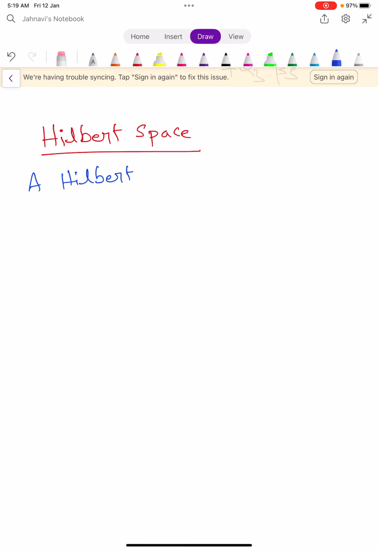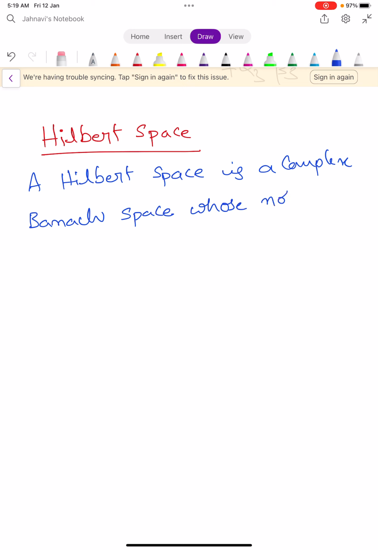A Hilbert space is a complex Banach space whose norm arises from an inner product,